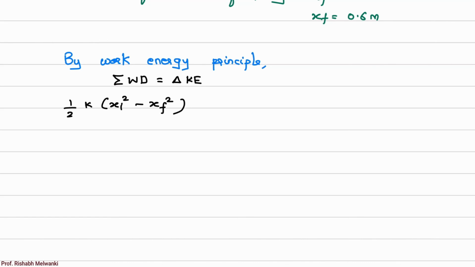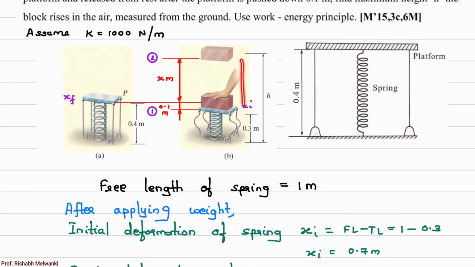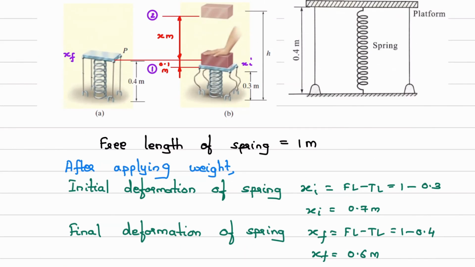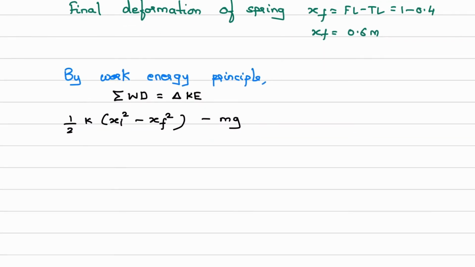Then since block is moving in upward direction, weight is acting in downward direction, mg. Force and displacement are in opposite direction, so work done will be negative. So I'll write down minus mg, and what is the total height? Okay, block is raised to a height of 0.1 plus x meter, in bracket x plus 0.1, equal to change